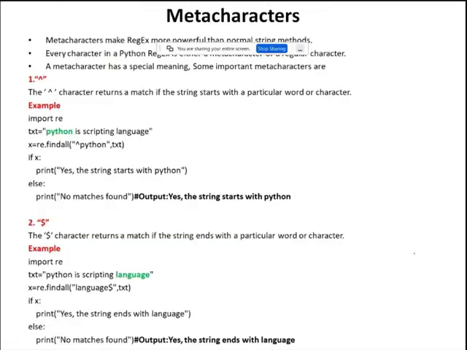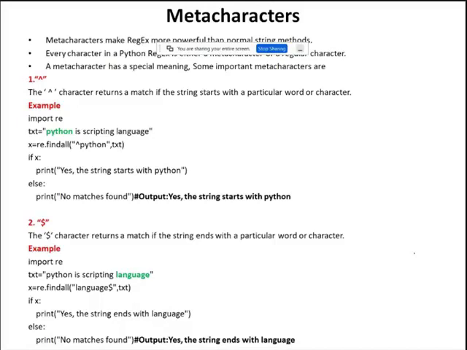Now we are dealing with meta characters. As I said earlier, what is a meta character? A special character. Meta characters make regular expressions more powerful than string methods. We have string methods also to perform some string-related manipulations, but there are some limitations to the string methods, so we use regular expressions instead.